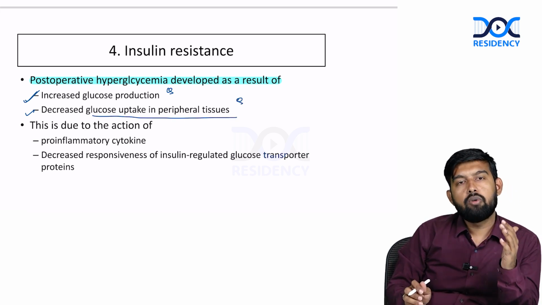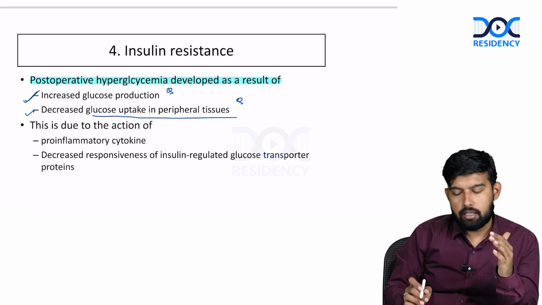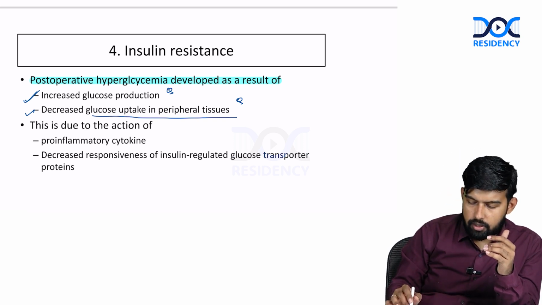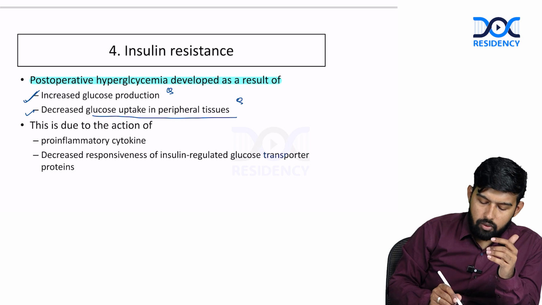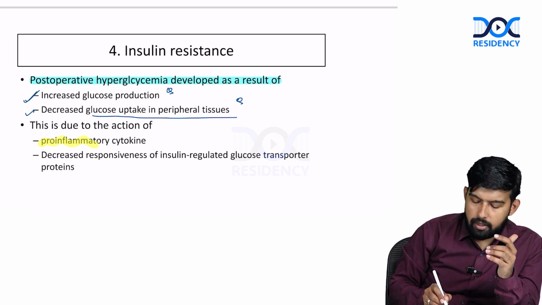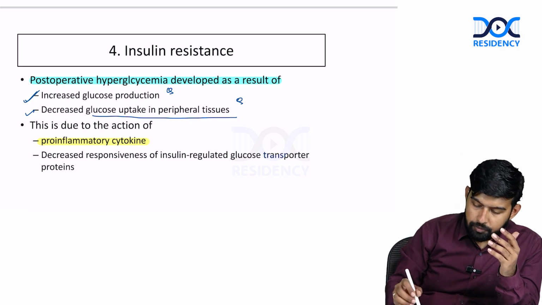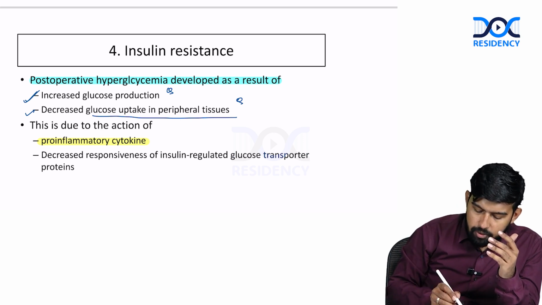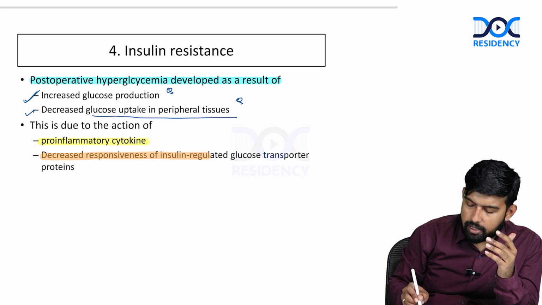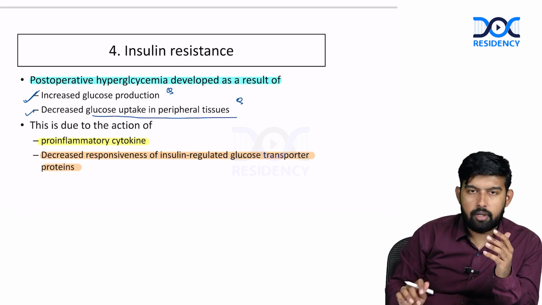And this happened because of insulin resistance. The causes of insulin resistance are the presence of pro-inflammatory cytokines like interleukin 1, 6, TNF alpha, and the decreased responsiveness of the insulin-regulated glucose transporter protein. For example,